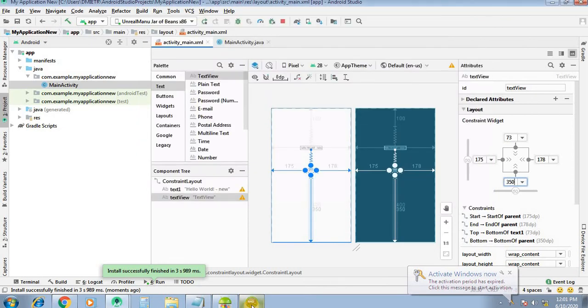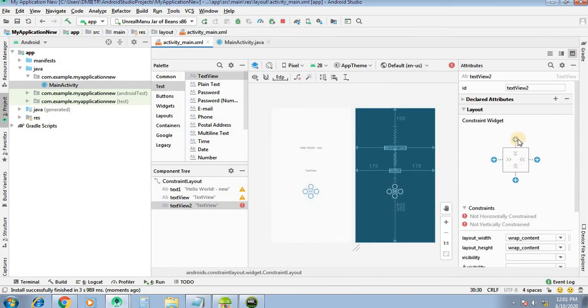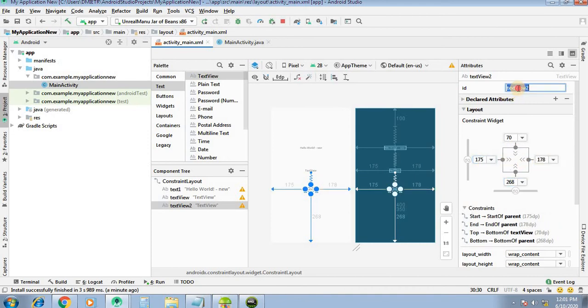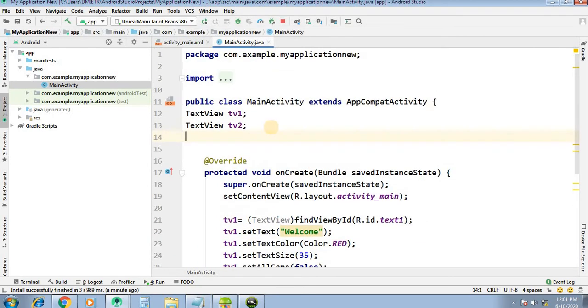Suppose again we want to add one more. Go to palette, TextView, here another text view, 70 from bottom, and left and right, and here the ID is textView2. So how to access the third text view?